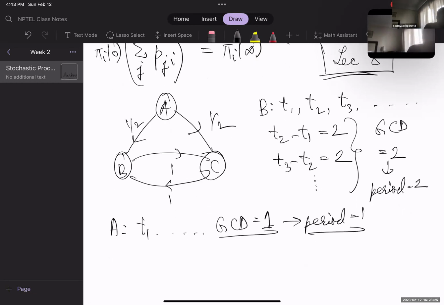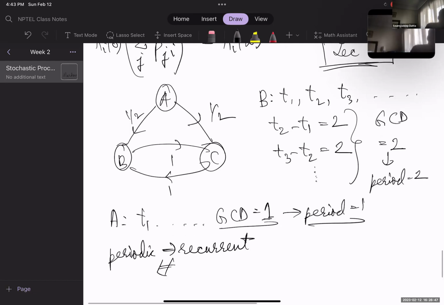And recurrent. So periodic will imply recurrent, right? Recurrent, because if a state is periodic, we will come back to it, and we will come back to it in a certain time interval. So we are guaranteed to come back to it. So it is recurrent in a way. And the other way may not hold true. We can have a guarantee that we will be back to this state, but yeah,